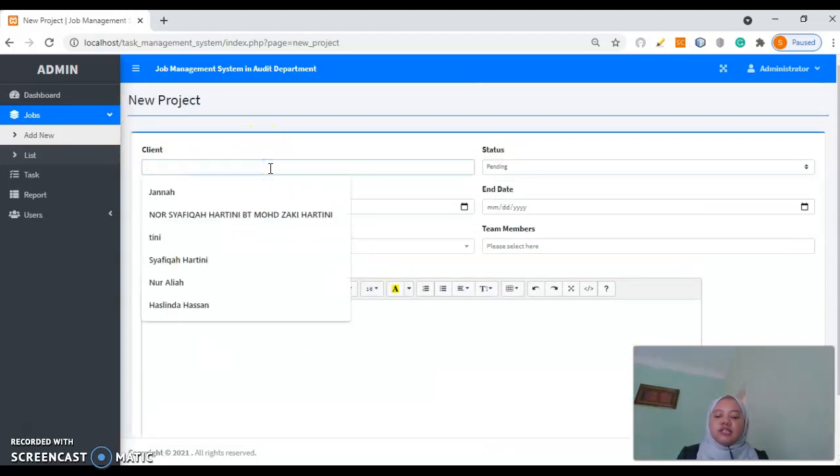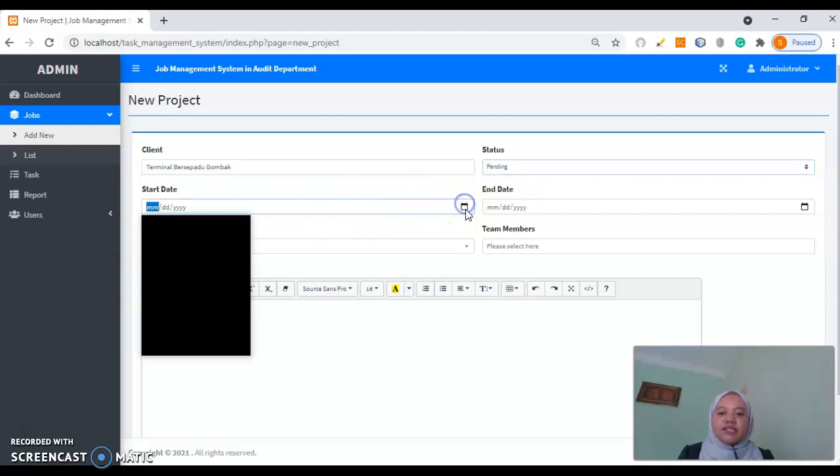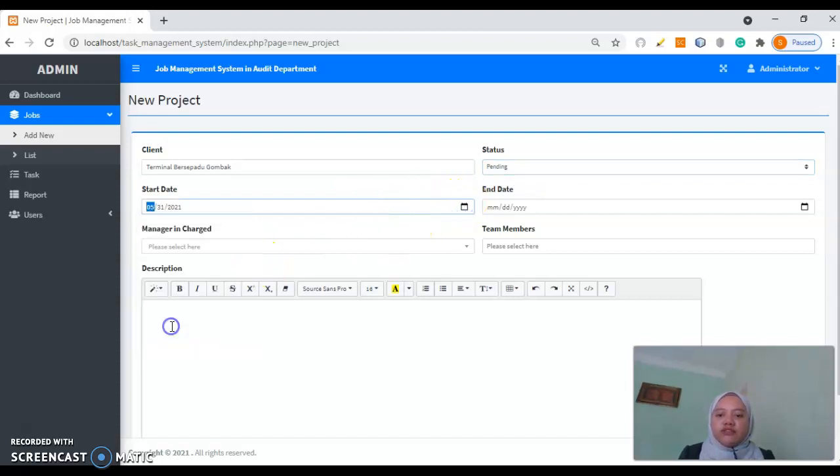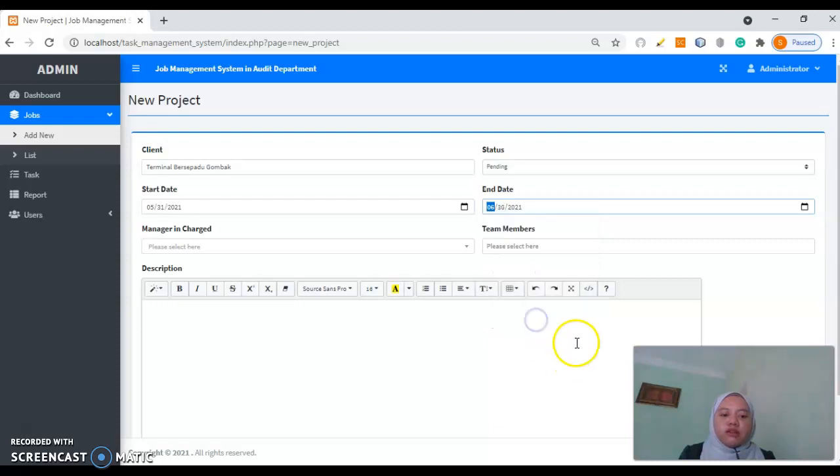For example, the client is Terminal. So status, whether it's still pending. Expected to start by 31st May, expected to end maybe within 1 month from now, 30th June.